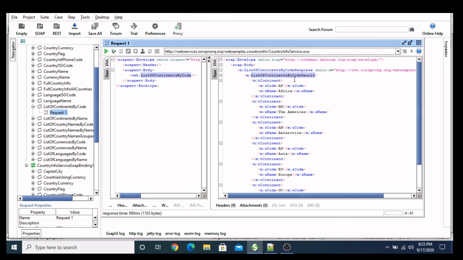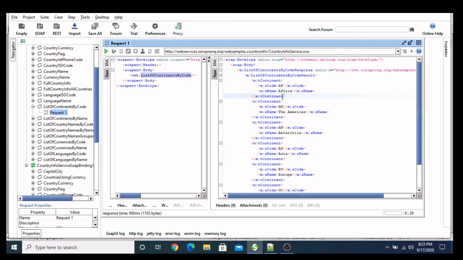Inside the list of continents, we receive a list value tag for every entry. The first value consists of two tags: one is code and another one is name. So what my API is doing is getting the names of all the continents along with their codes. What I am trying to verify here is that it first gives me the proper code of my continent, and it also gives the name of the continent, because based on the name I can identify the code of that continent. So it should be mapped properly.